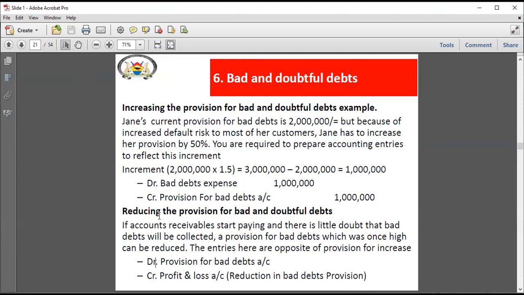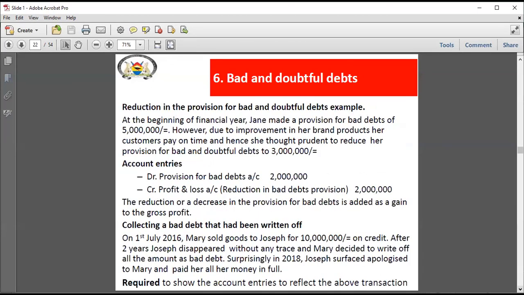And that is why when it came to increase, we credited the account, because it has a normal credit balance. So every time it increases, we credit it. So that's what we did. And we said that this should be taken to our P&L as an income added to our gross profit. Now, there are also cases when it comes to bad and doubtful debts where, like for example, the example we've seen of John, John who was not traceable,